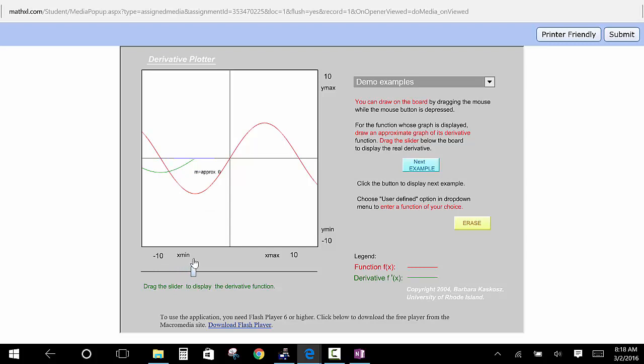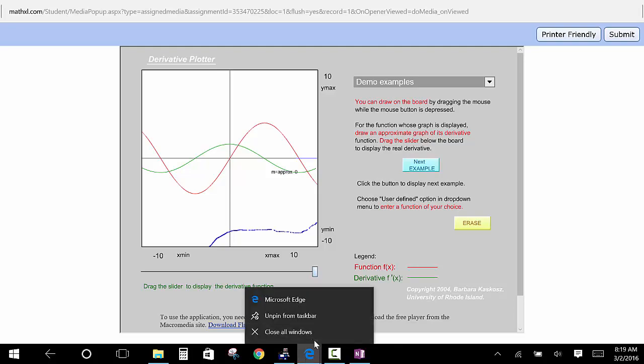Why does it go to 0? Because at that point, the tangent line's 0, right? Now you're going to have positive tangent lines, right? So notice that the graph is above. Now why does it go to 0? Because the tangent line's horizontal like that. Okay, so that's how that goes. So you can kind of use this to help you visualize how derivatives go. So notice that what I graphed on that looks a lot like the cosine wave, doesn't it? Okay, now this didn't tell me specifically what that was, but it gives you a rough idea. And you can play with this with different examples, and I think it's a pretty helpful thing to look at